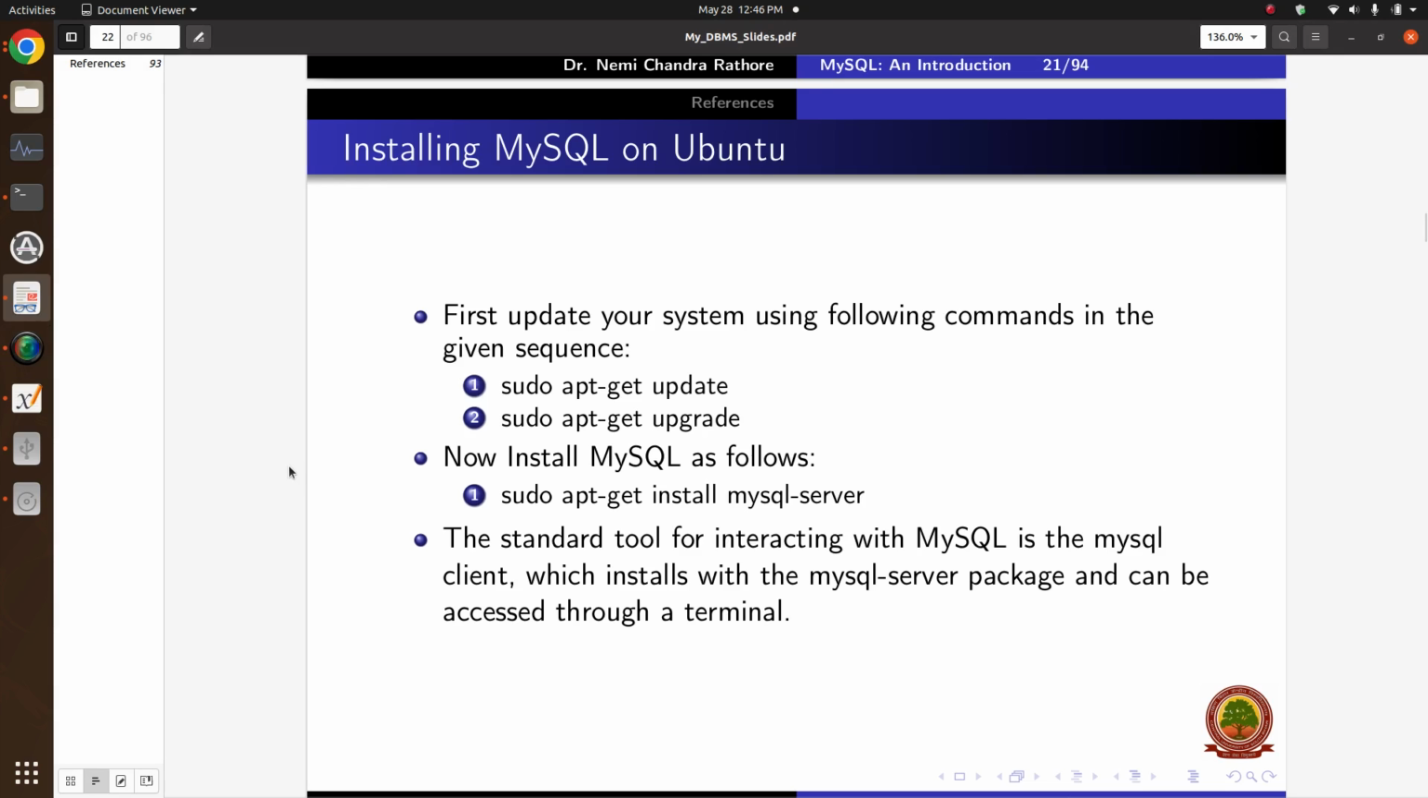So the first thing that you need to do is you need to install MySQL, and since I use Ubuntu operating system, I will tell you how to install MySQL on Ubuntu operating system. And I will also share the link from where I have taken these commands, and if you are using any other operating system, like you may be using Windows, then you can search the web to get the details how to install